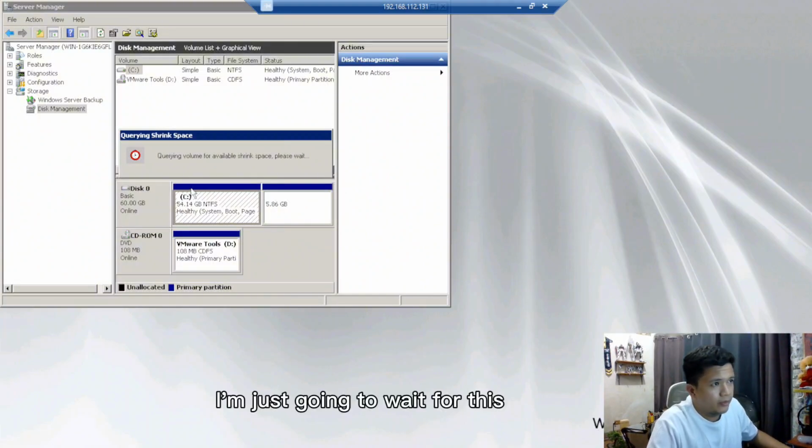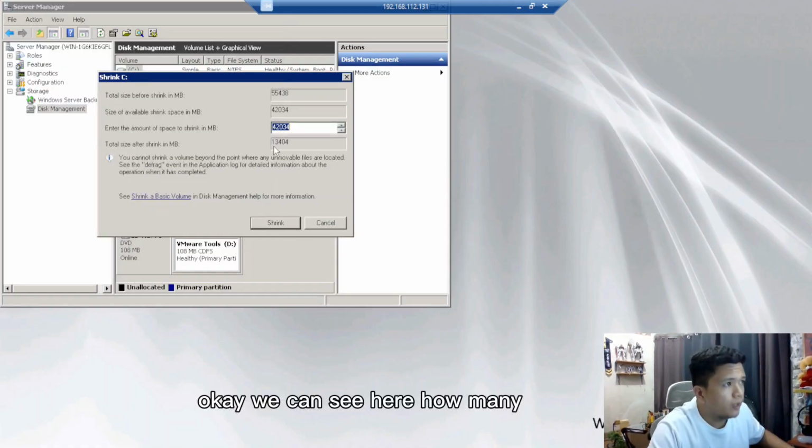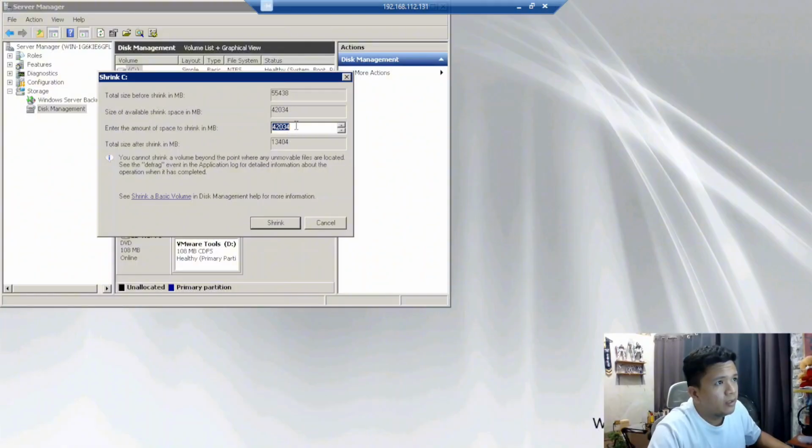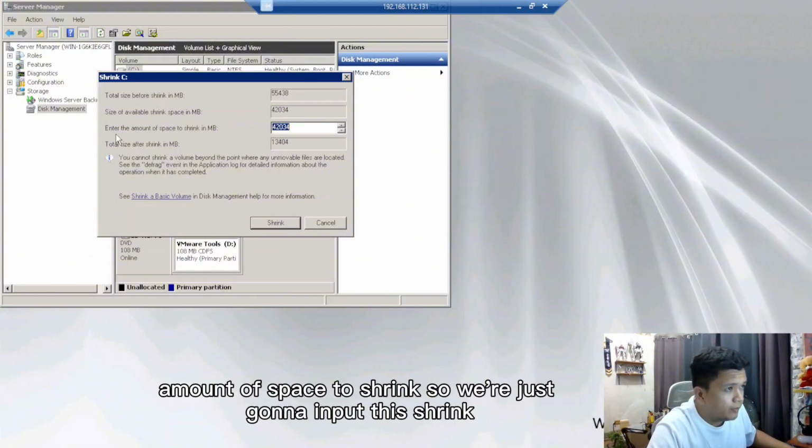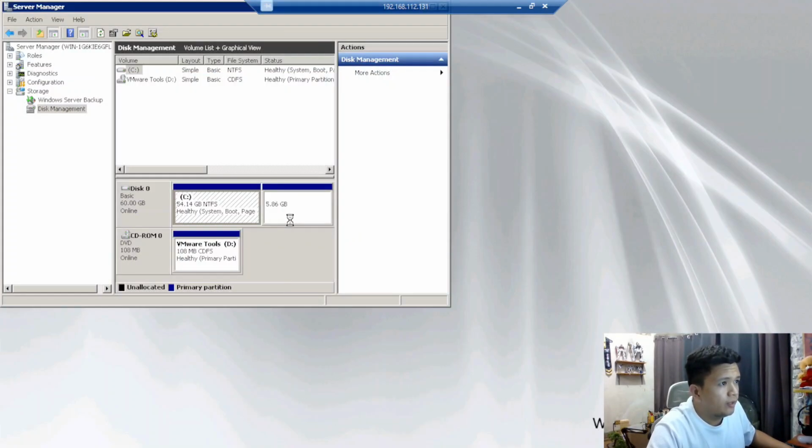I'm just going to wait for this. Okay, you can see here the amount of space to shrink. So we're just going to input this shrink.